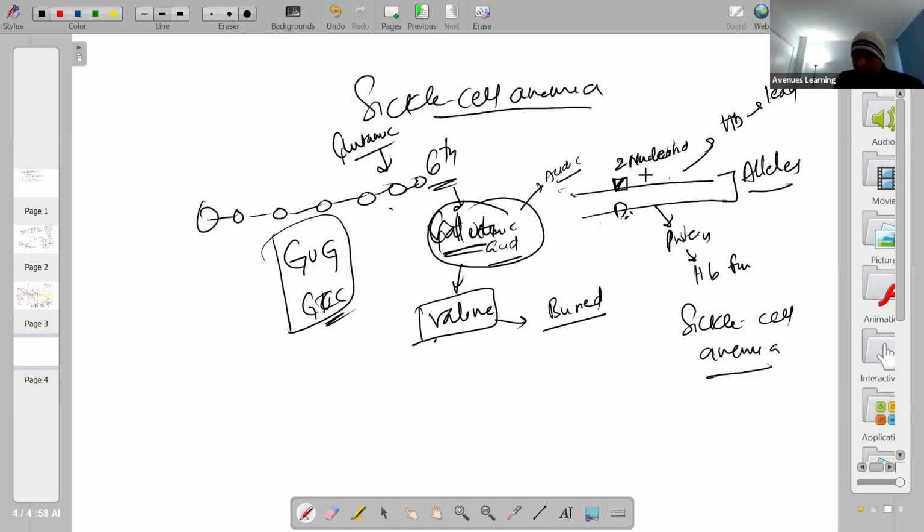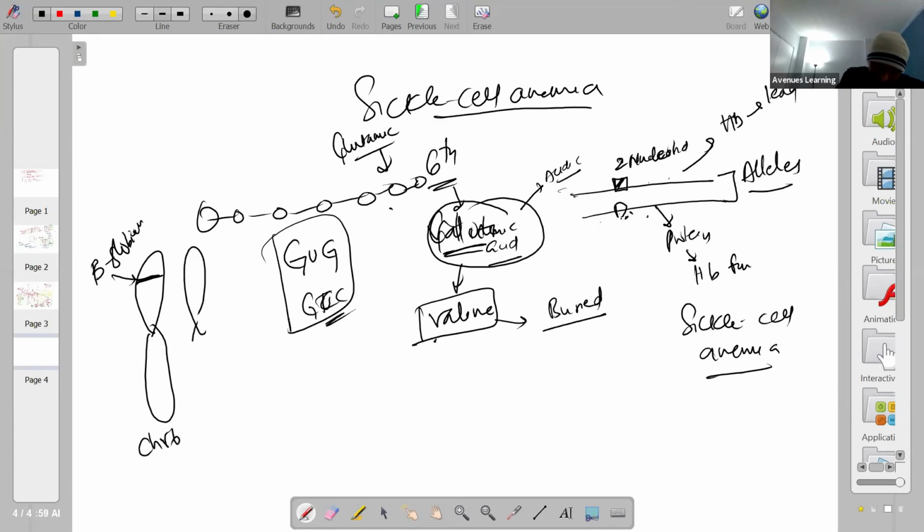So when you say gene pair, let's say this is the chromosome and this is the gene which is responsible for the beta globin of the hemoglobin. And this is, let's say, chromosome 6. Then you have the homologous chromosome from the mother. Okay, and at the 6th position, if she also has a normal copy, you will end up being normal. Now this is chromosomes. I'm saying this is chromosome 6.